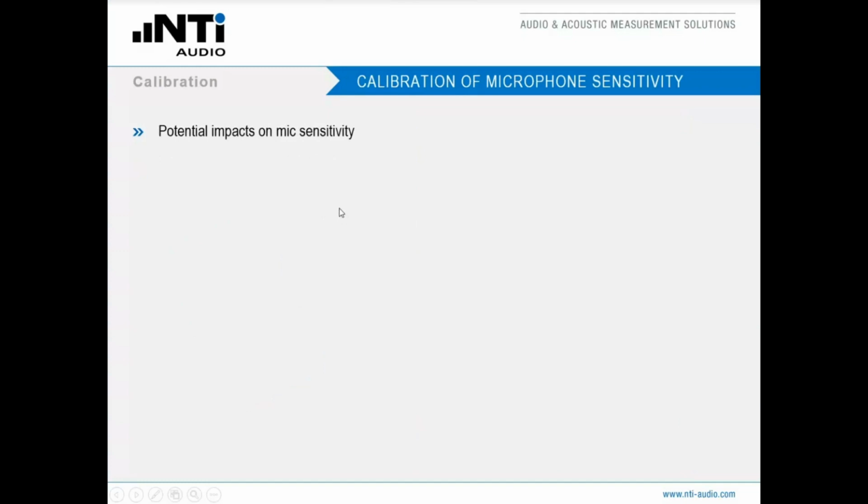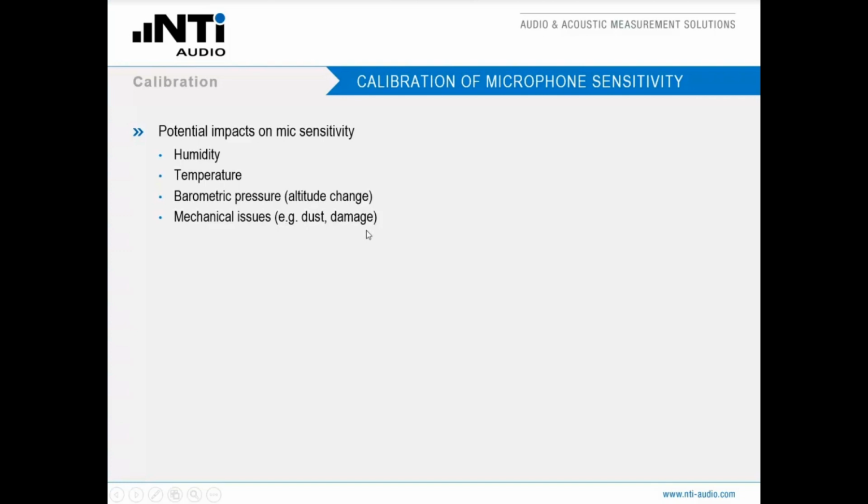There are a couple of impacts that may change the sensitivity of your microphone. For instance, the humidity or the ambient temperature, or fast changes in the barometric pressure might also have an impact on the sensitivity, or mechanical issues like dust or even a damaged membrane.